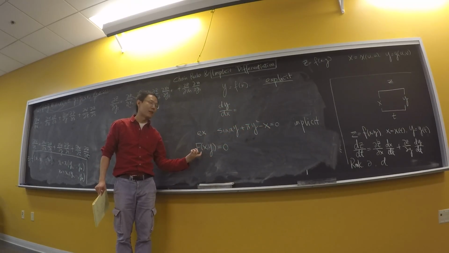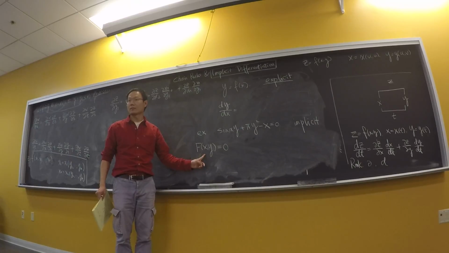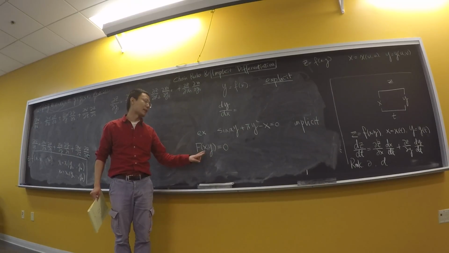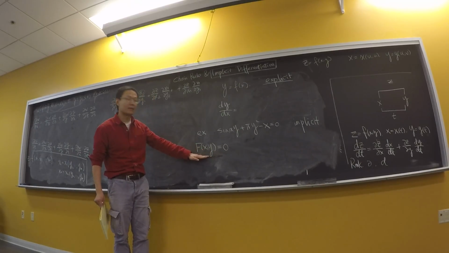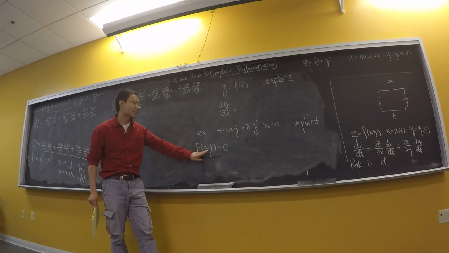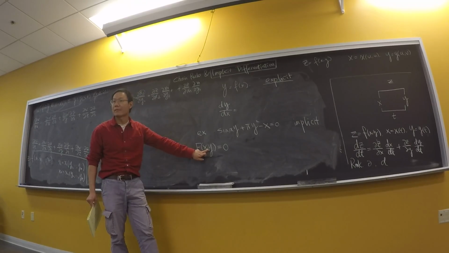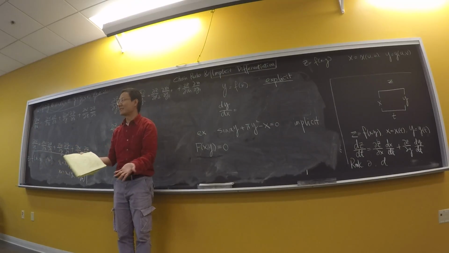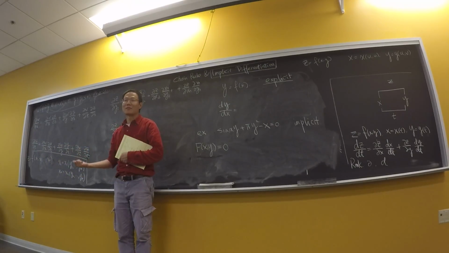Generally, if you have a function to govern x and y, you don't know the explicit relation between x and y, but you know there is one. There is a relation between x and y. When x is changing, in order to make this equation valid, you have to make y change as well, right? So what is a function essentially? What is the function I asked you in the very beginning? A function is a mathematical description of